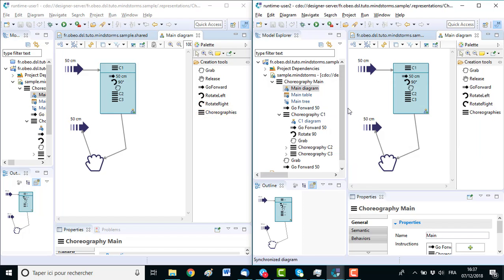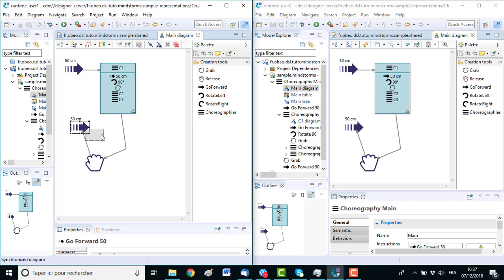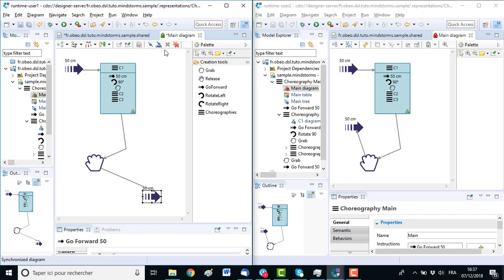So now you can see the same diagram, and if user 1, for example, changes something on this diagram, you can see automatically a green lock which has been set on user 1 environment on this diagram, and a red lock on user 2 environment, which means that user 1 is modifying this diagram.